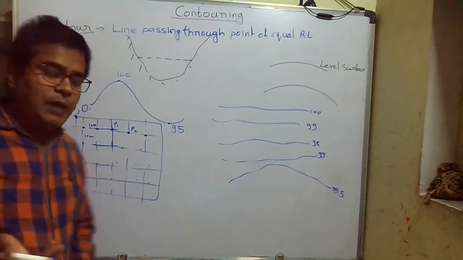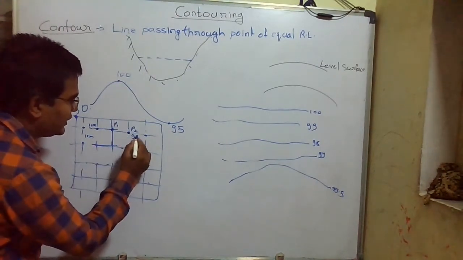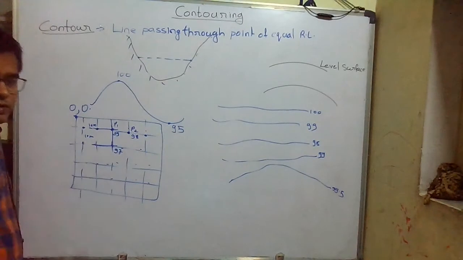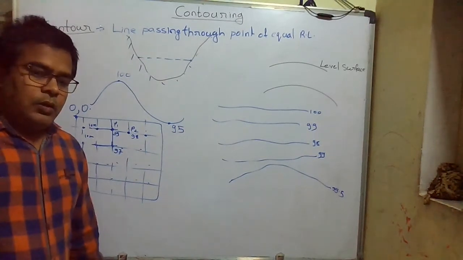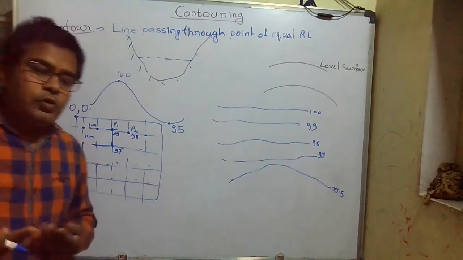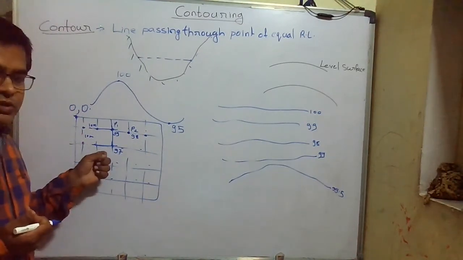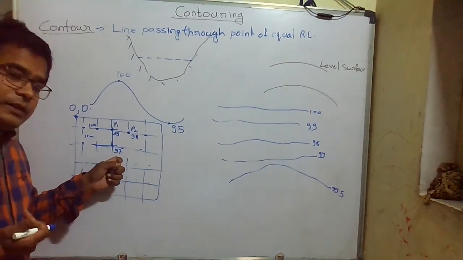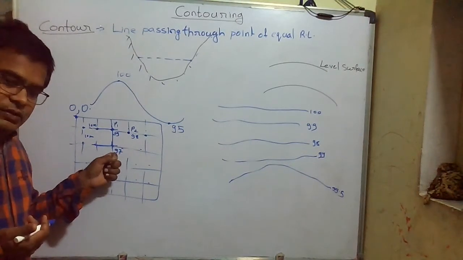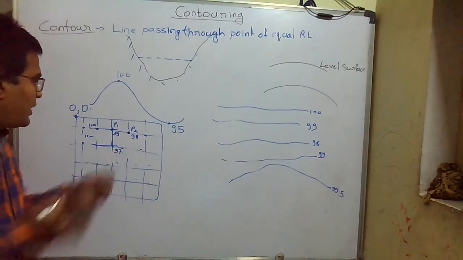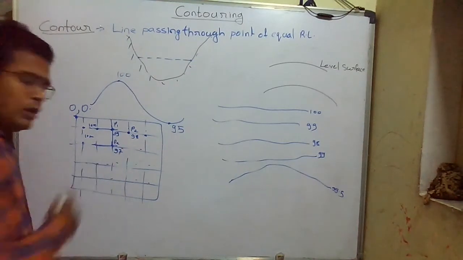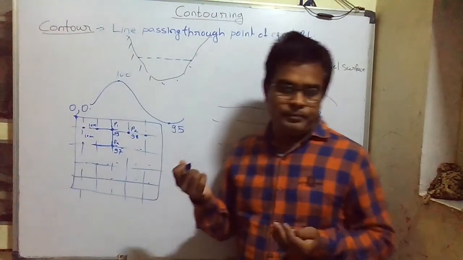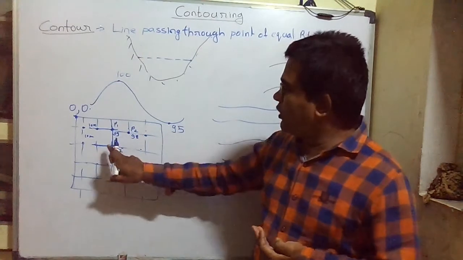Now the next step, I am finding out the RL of these points. Suppose the RL of this point is 98, the RL of this point is 99. Like that I will get the RL of various points on this ground. Now I want to know the nature of undulations of this ground. If I write only the RL, giving P1, P2, P3, P4, and prepare a map of this, would it give me a clear idea of the nature of this ground?